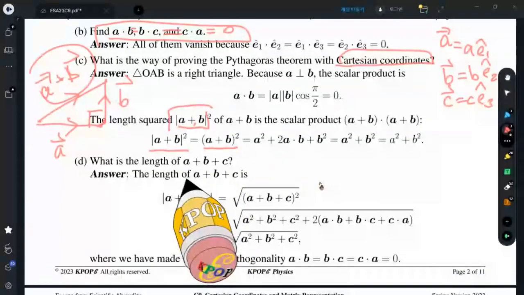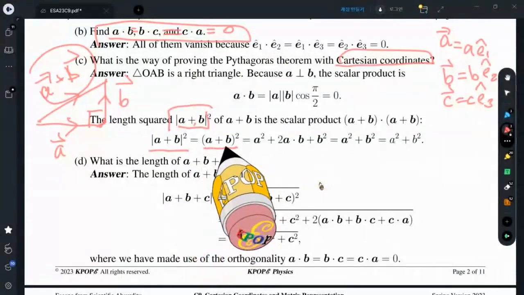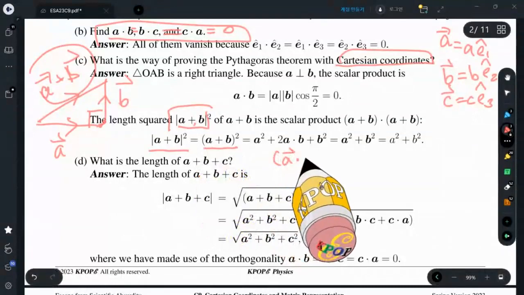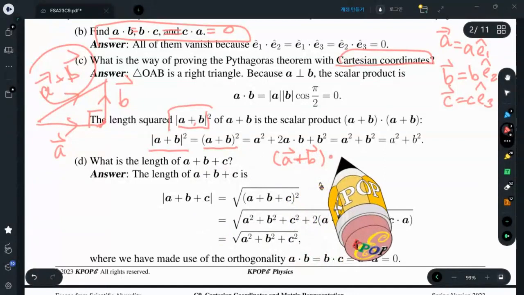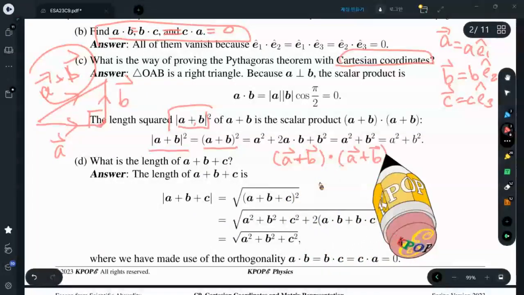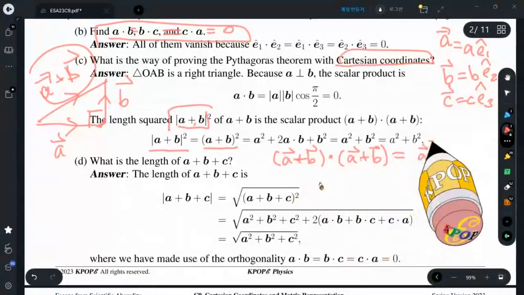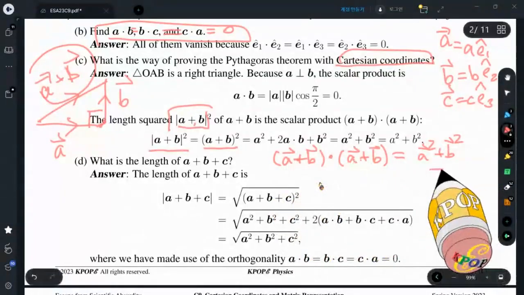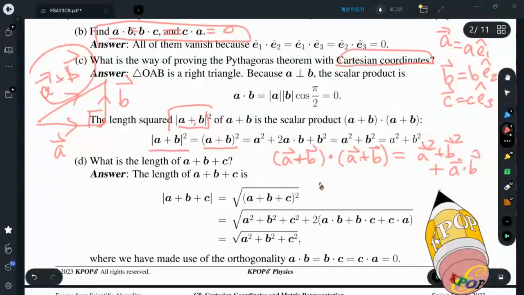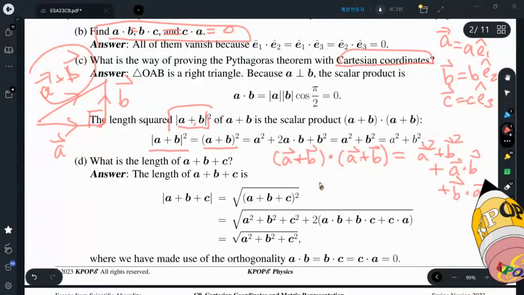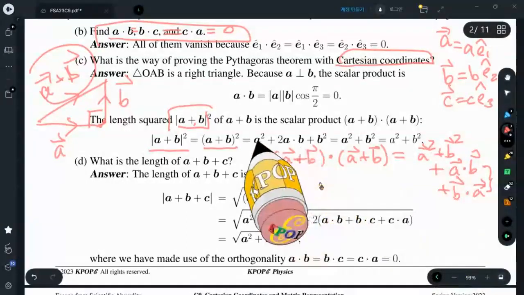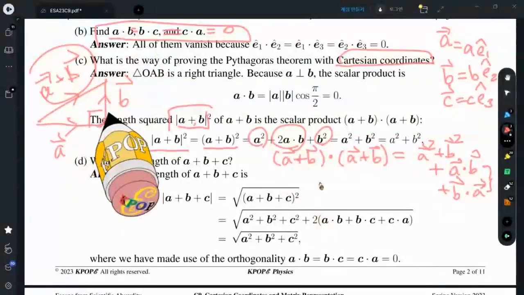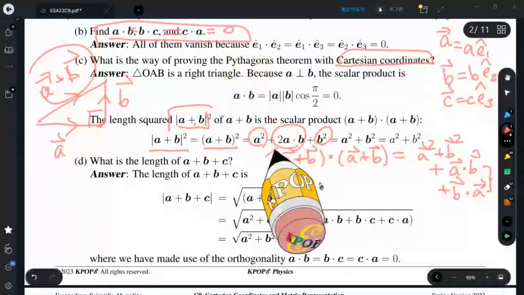plus B and itself. Therefore, if I expand this, I can find A squared, B squared, and A dot B, B dot A. There are two, A dot B plus B dot A, and they are commutative. So we have A squared, B squared, 2 A dot B. However, we know A and B are perpendicular to each other. This